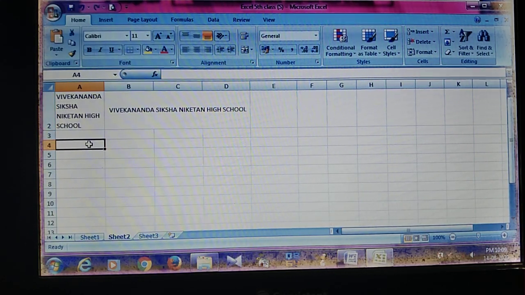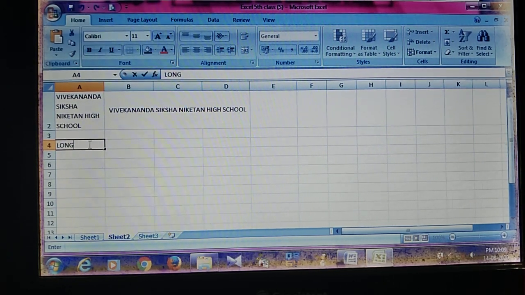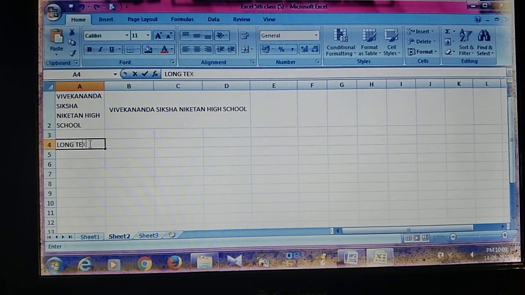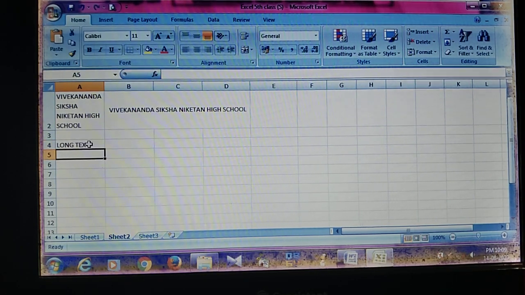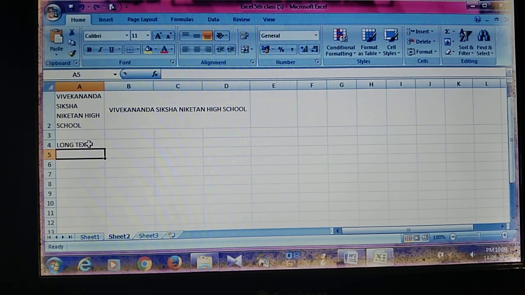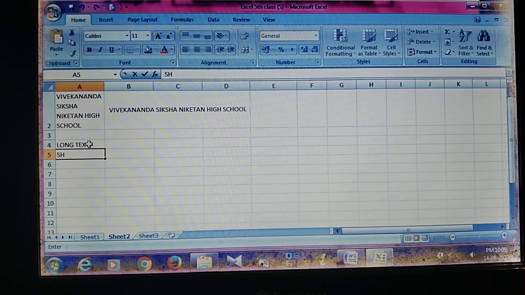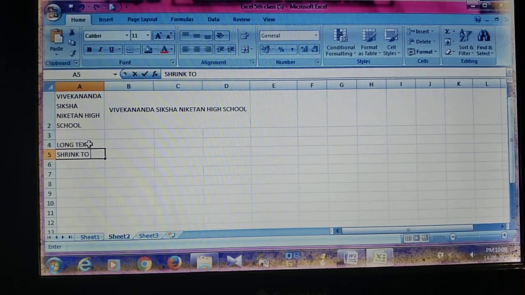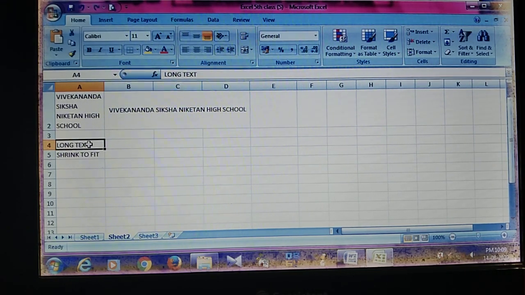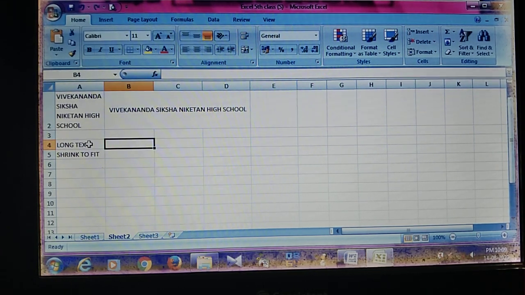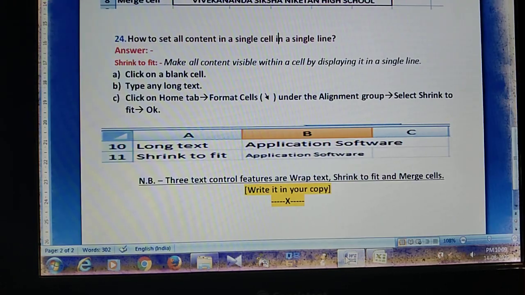Suppose I type here long text, and write here shrink to fit. As per my example, I write here application software.